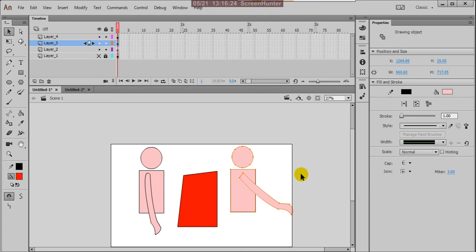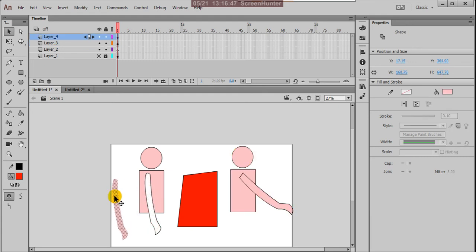So the preference is, when you want to draw anything, use object drawing mode, not merge drawing mode. When you draw in merge drawing mode, the overlapped areas automatically merge with each other, and when you move this shape to one side, it automatically cuts that part separately. So always draw with object drawing mode.